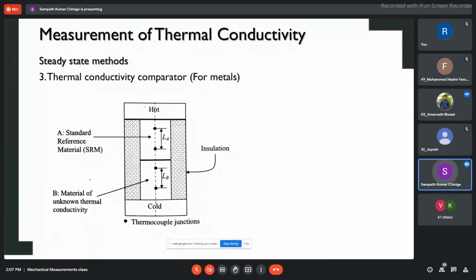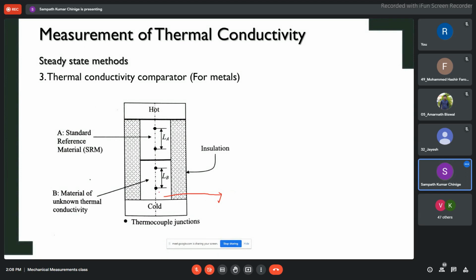Now, thermal conductivity comparators, we have already seen this in the last class itself. It is a method in which the thermal conductivity of a sample is obtained in comparison with another sample of known thermal conductivity. So here we are comparing it, that's why it's called a comparator. We especially use this for the thermal conductivity of good conductors. For example, if I need to find the thermal conductivity of a material that has a higher thermal conductivity, then we cannot use the hot-plate apparatus. Instead, we will go for